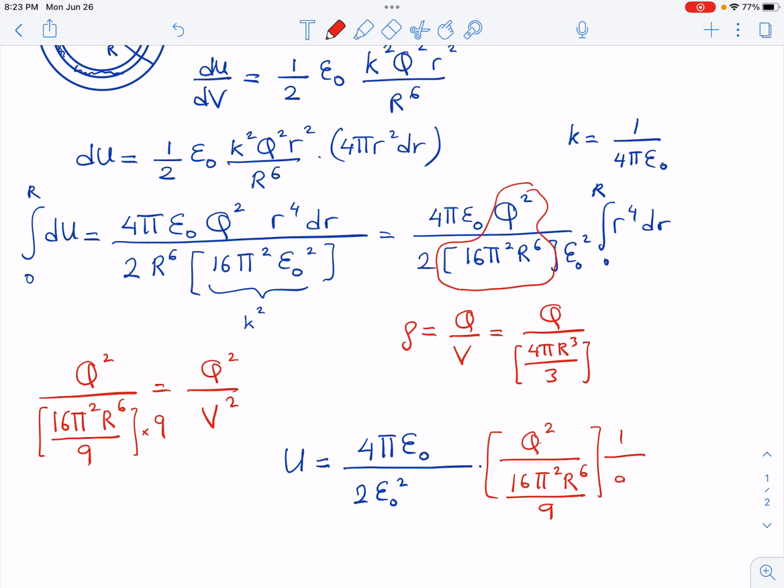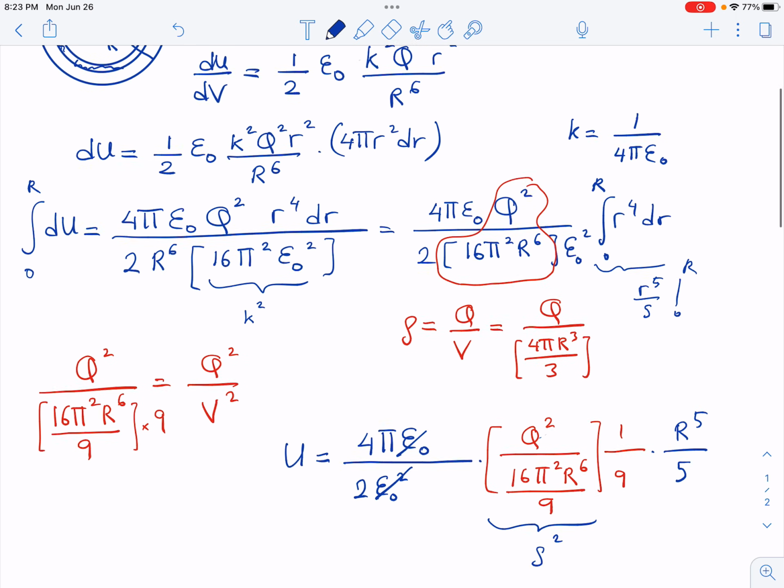Also times 1 over 9 still there. And the final part is the r to the 4th dr is r to the 5 over 5, 0 to r. So then you get r to the 5th over 5, okay? So now this whole thing is rho squared,